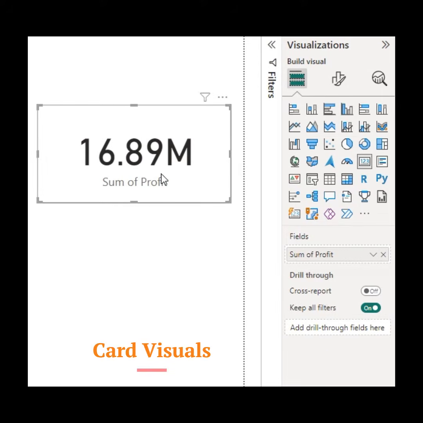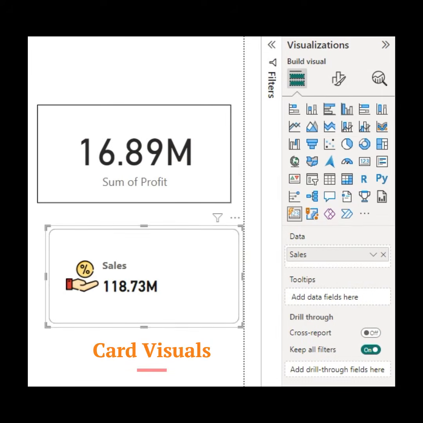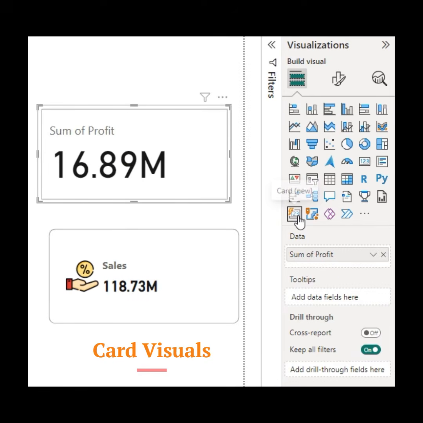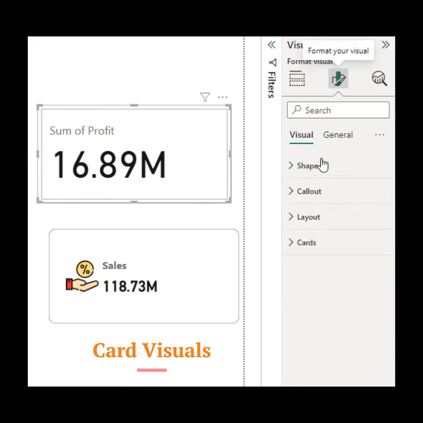Do you want to change your card visual from this to this? No problem. So to get this card visual, we need to change our card visual from here to here. So this is a new card visual. We'll click on this card visual, and after that we'll go to the visuals format, and here I have a